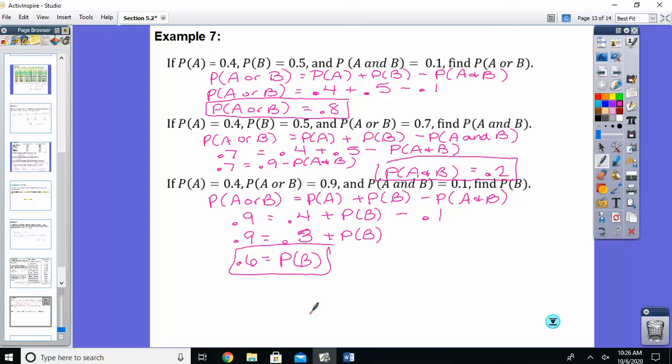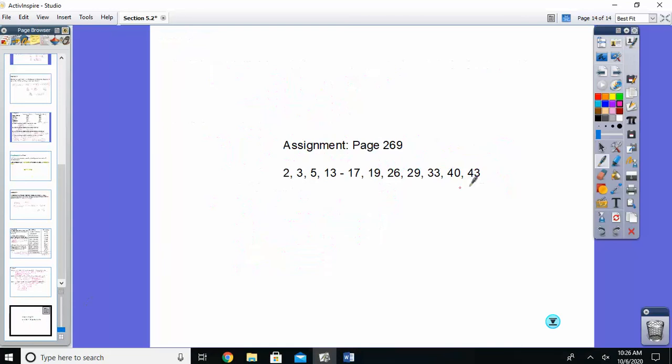So that is the end of this section. We've got about 10 minutes now, so I want to go ahead and let you get started on your homework and ask questions. This is due tomorrow. We will go ahead and start the next section tomorrow. So let me know if you need